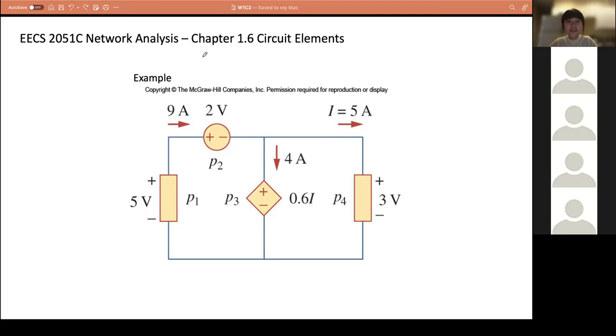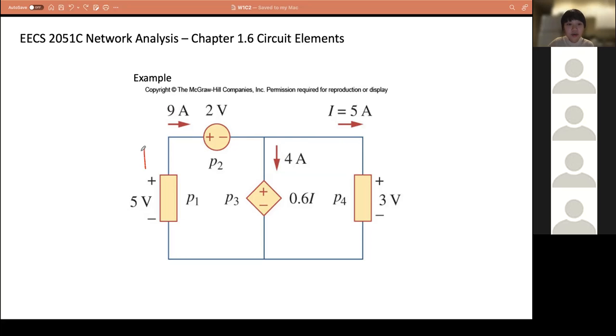Okay, let's work on it together. First of all, the answers you guys got in the chat box, yes, you are correct. But just make sure everybody still understands how to calculate each element's power. So let's start with P1. Same as before, I will assign the current going